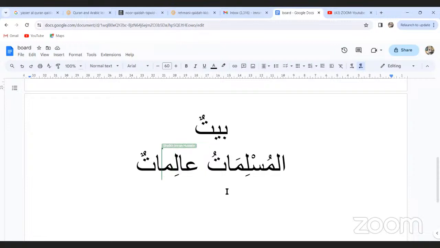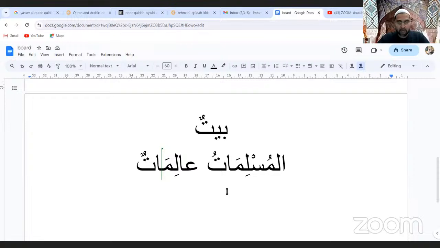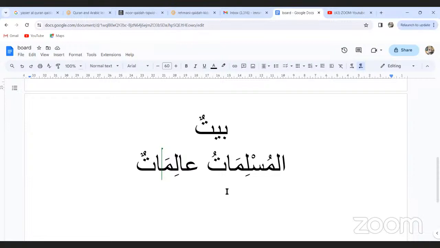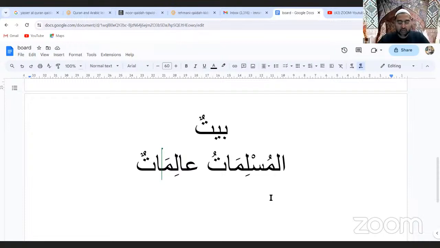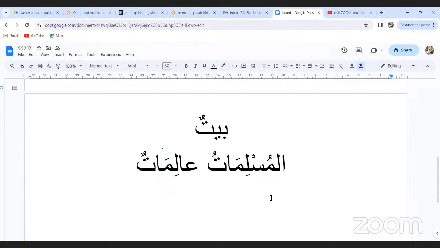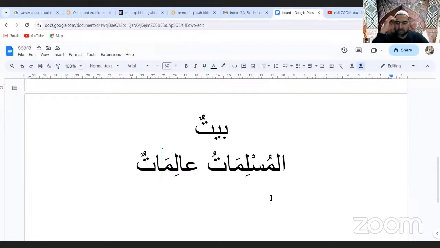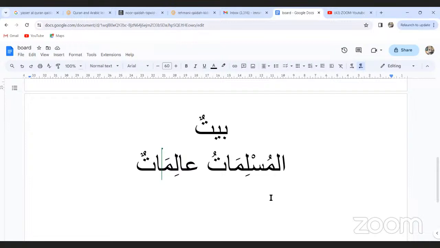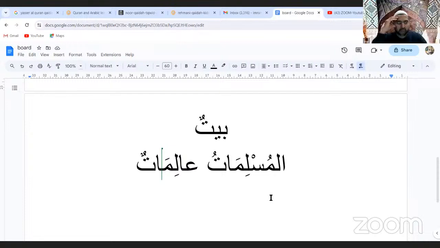This one, al-muslimatu alimatun, yep, this is the plural. So the first letter, because when I was doing the test I was so confused, is this a feminine letter also? Yep, al-muslimat, muslimat is a feminine plural, correct? Yes, and alimatun, both are plural and both are feminine. Correct. The tanween is on the second letter and there's no tanween on the first letter. So both the sentences are plural and they are feminine.